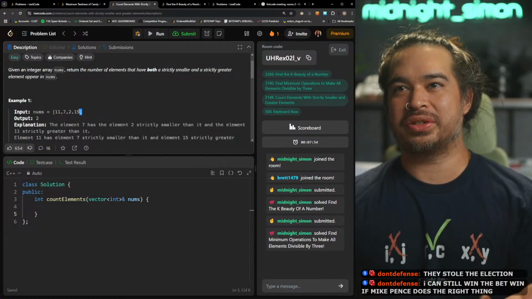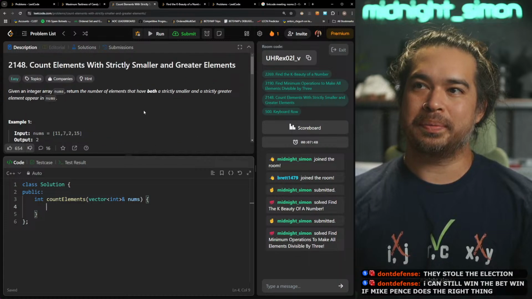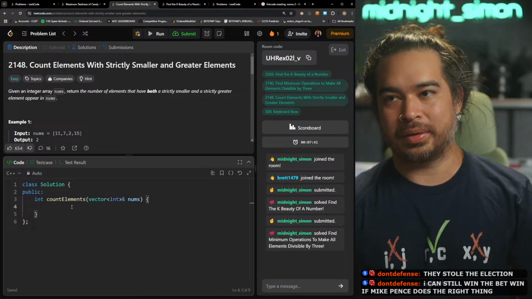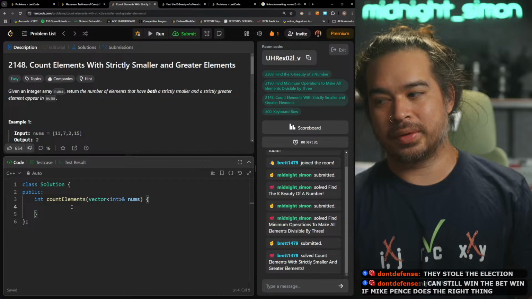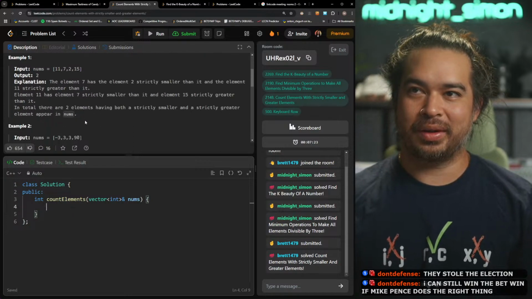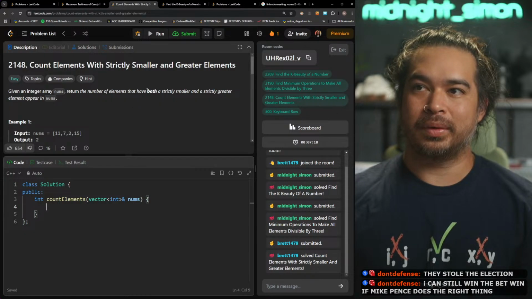What? Return the number of elements that have both a smaller and... Okay, so I guess I just sort. And I look up and down. I guess maybe I can make a set, or how do I do this easily? I can do this for sure, but I'm just thinking, how should we do this?